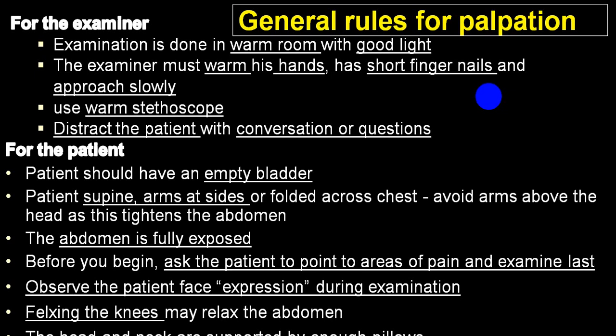He should be examined in a supine posture with arm by the side or arm over the chest. As far as possible, avoid the arm below the head, because when you put the arm below the head, usually the abdominal wall will be a little tightened. So that should be avoided because that can be misdiagnosed as guarding or rigidity.